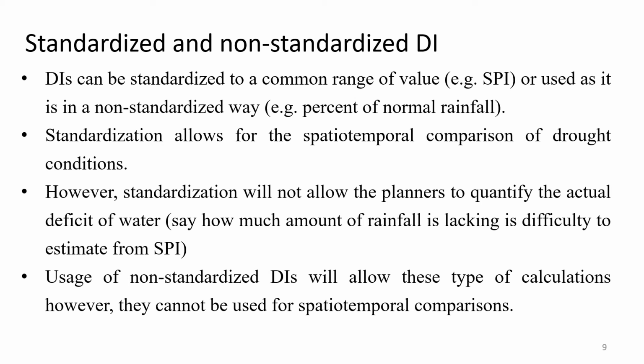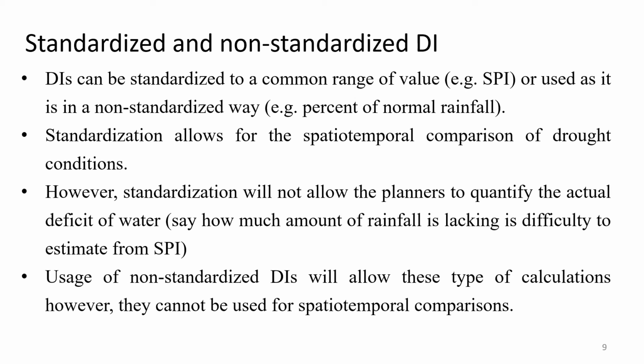Okay, standardized or non-standardized drought index. SPI is one very good example of a standardized drought index. Its value will typically range between -3 and +3. Whether you compute it for the entire India, or for a small region in India, or for a whole continent, its range will never change. -3 to +3, rarely will it cross that, based on the statistical distribution. But